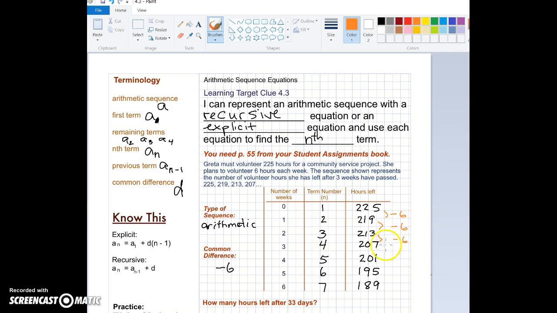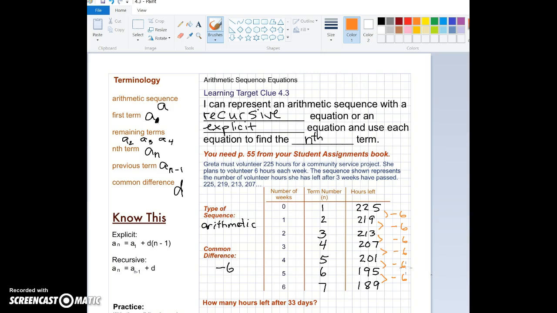And from here to here, and from here to here, from here to here, each one, we added a -6. Now, the question that is asked in your book is, use a formula to determine how many volunteer hours